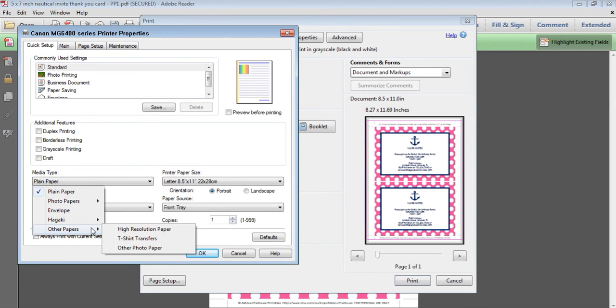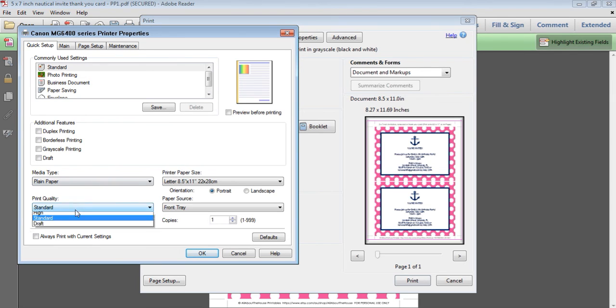And you can also do photo paper, or if you're printing these onto cardstock, I generally just go with plain paper. You can change it to photo paper. It will take some experimenting with your printer. All of them are different. It's impossible for me to know exactly what settings your printer is going to need to print. These are the ones that work for my printer, which is a Canon printer. So if in doubt, just go with plain paper, print it in grayscale and do some test prints first, and then print them all, because you don't want to be wasting photo paper because it's expensive. So always, always, always do a test print first.